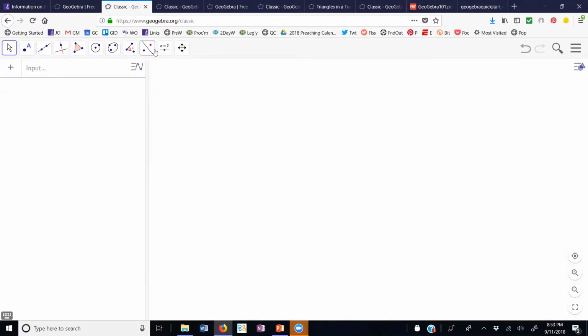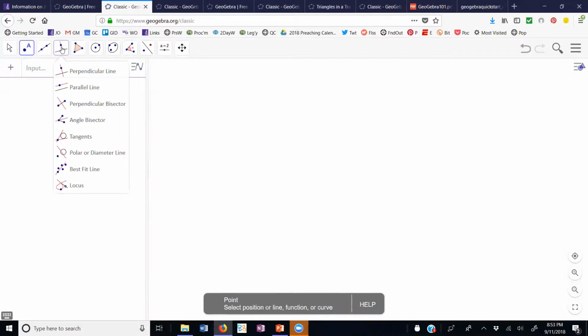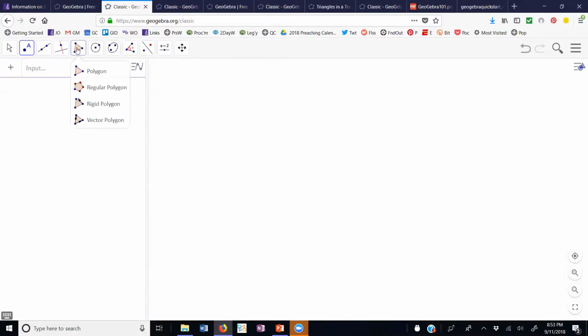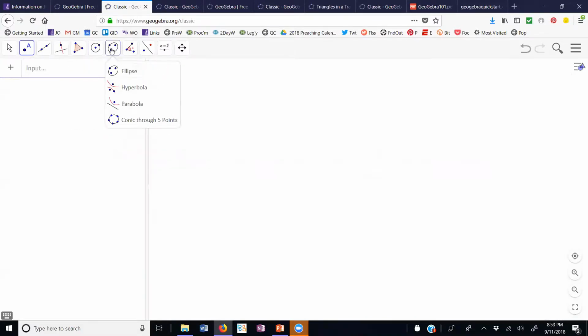Here are our tools up here. This is the point tool. This is the line, segment, and ray tool, vectors, and so on. This you might think of as the construct tool for constructing perpendiculars and parallels and so on. This might be called the polygon tool. This is for making circles. This one is for making various conic sections. This I call the